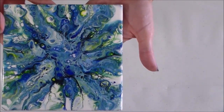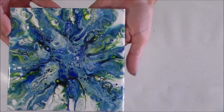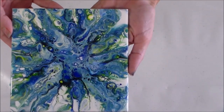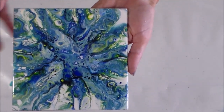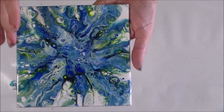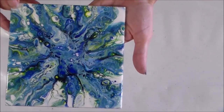So what I'm going to do now, I think I like this technique so much, I'm actually going to go on and create something in a much larger scale. I haven't really yet worked with any large canvases or any large pieces, but I do have a few large tiles, and I think I'm going to do exactly this same technique, maybe even exactly the same colours on a larger tile. So look out for that